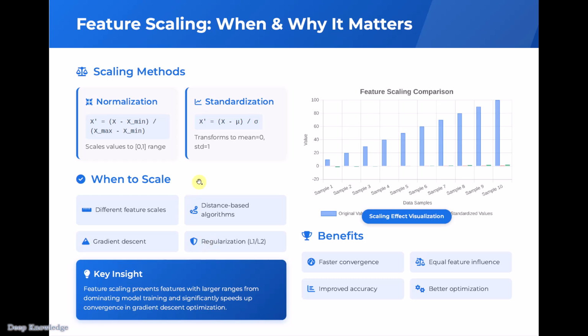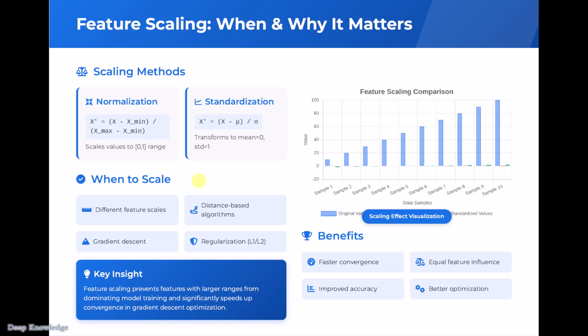Why we need to normalize or standardize the features. Do you know that your model might be unfairly focusing on some features just because they have bigger numbers? So we scale features because some algorithms need the features to be scaled, or normalized, like support vector